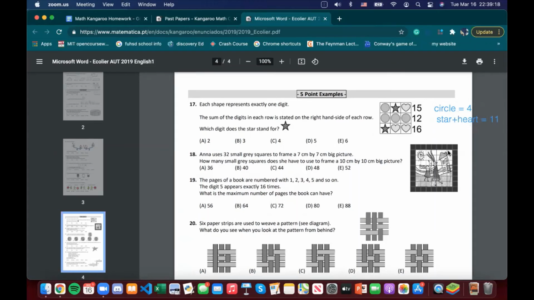11. When doing this problem, don't just settle for using numbers. You can forget about getting the exact value of each one. You can get expressions. So star plus heart is 11. Then we have star plus heart plus 2 is 16. Oh, that's very interesting. We have star plus heart is 11. Star plus heart plus 2 another hearts is 16, which means that